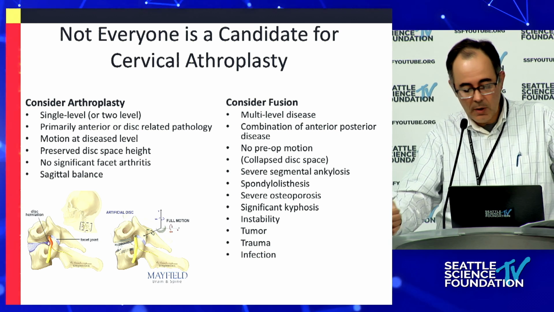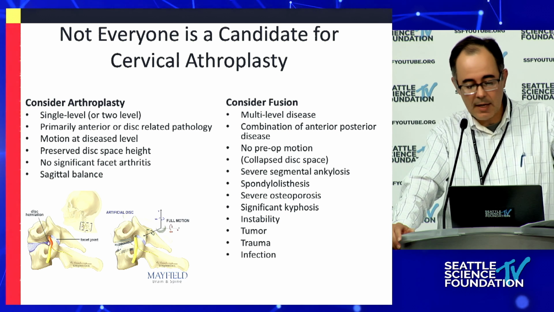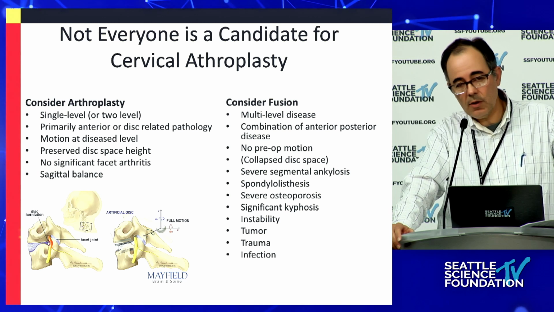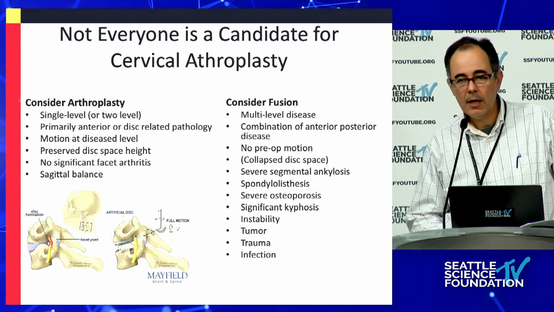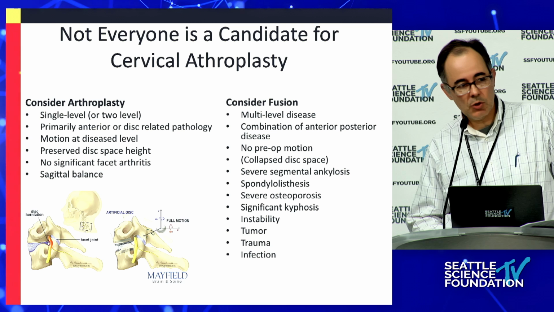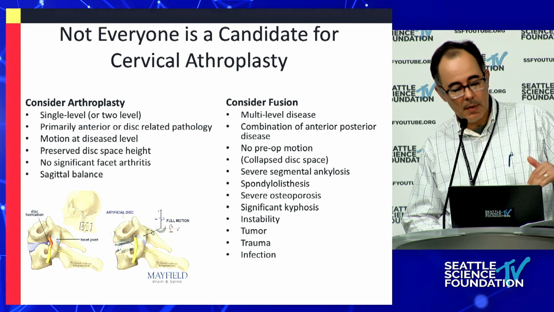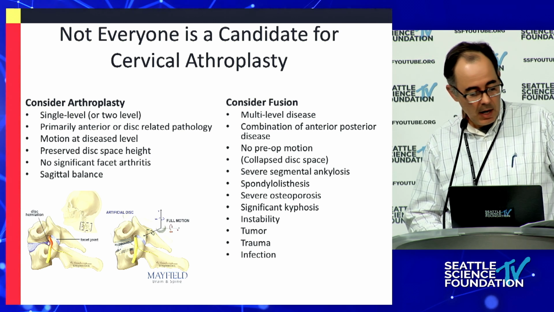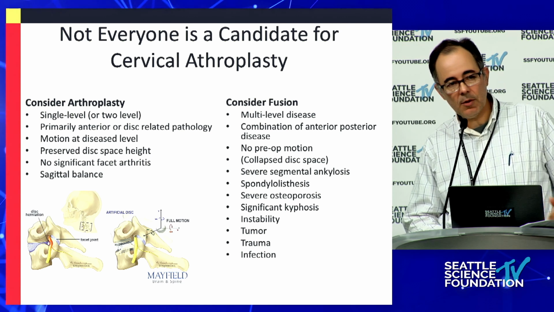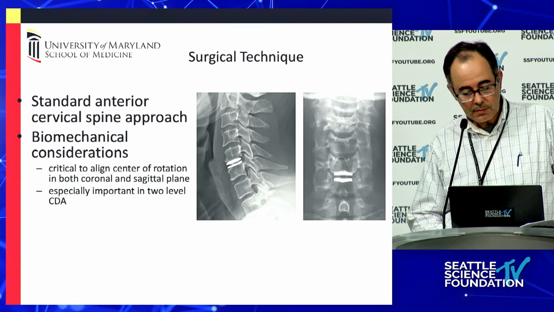In the setting of tumor, trauma, instability, infection, kyphosis, deformity, severe ankylosis, or severe disease of the facet joints, fusion becomes more of the choice. However, with time, there may be some opportunities to push the limits of arthroplasty,